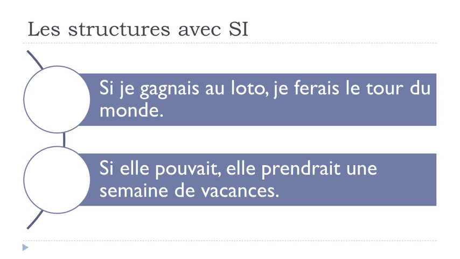Okay, so this is normally the tricky construction, because in many cases students will start to make this si, and then as is the case in many languages, they would put first the conditionnel présent, and then it would be followed by the conditionnel présent. But no, in French, keep in mind that si, then you'll put this imparfait form, je gagnais, elle pouvait. And after that, you will put this conditionnel présent. Je ferais, elle prendrait. Okay?